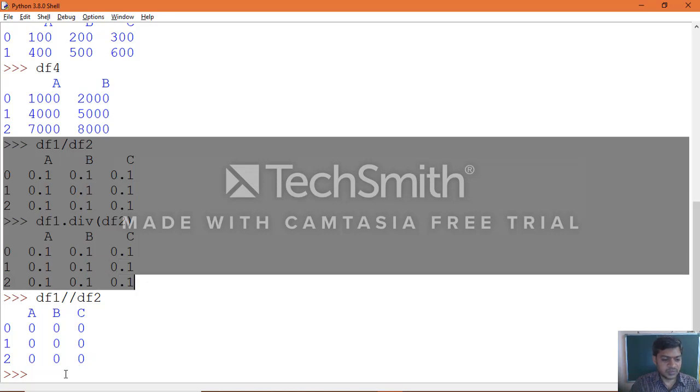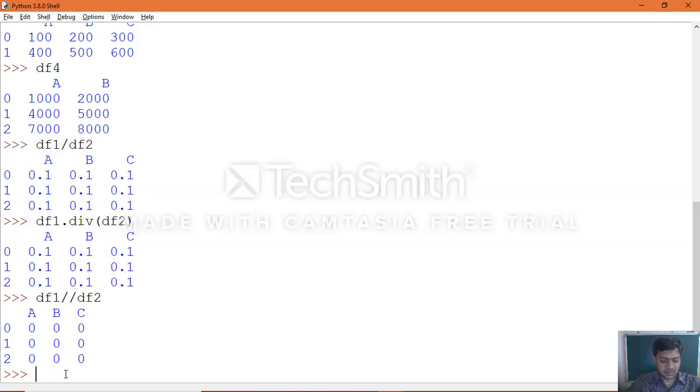Okay, same manner reverse, df2 divided by df1.